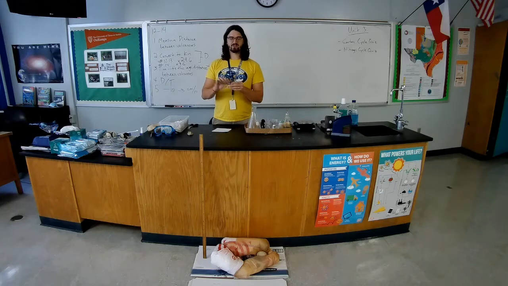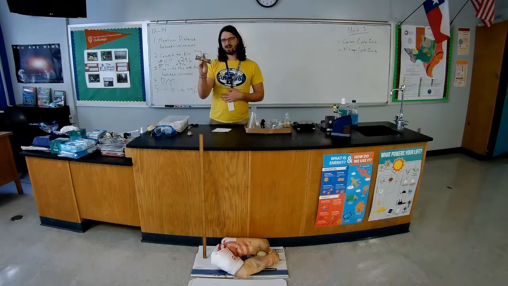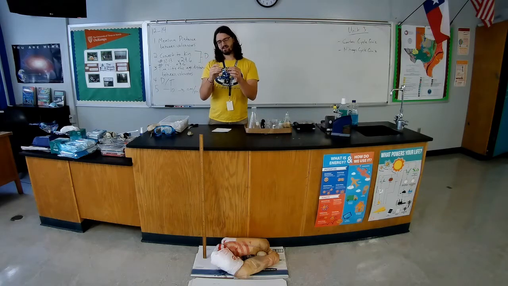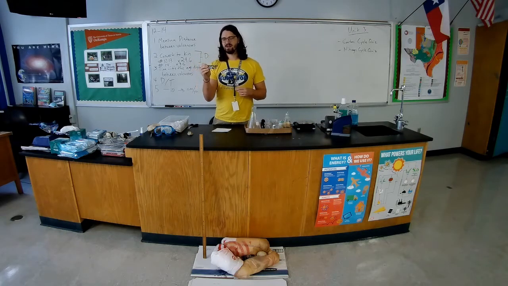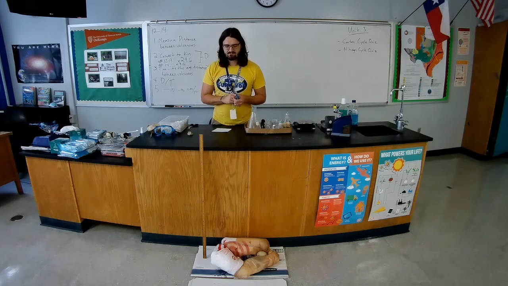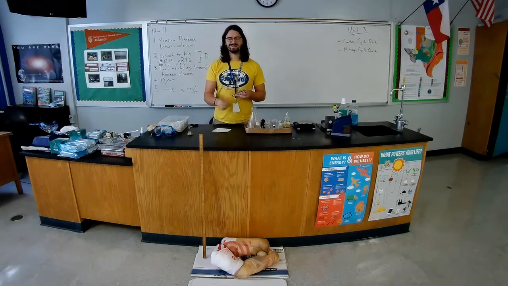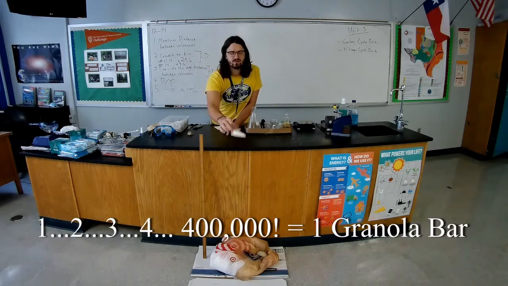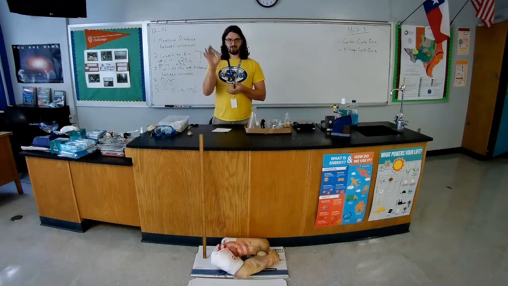The strange thing about it is, if you talk about something like this chocolate granola bar, if I look at the back of this, it says that it has about 100 calories to it. That is a unit of energy as well, and it just so happens that that corresponds to about 400,000 joules. So when I drop a little rock, if I did that 400,000 times, ground, ground, ground, ground, that would be the amount of energy in just this one candy bar.